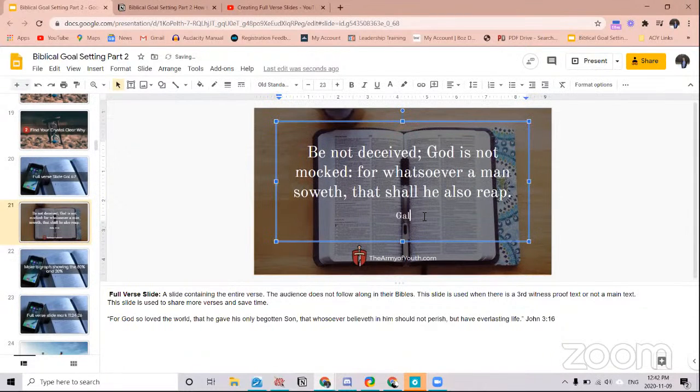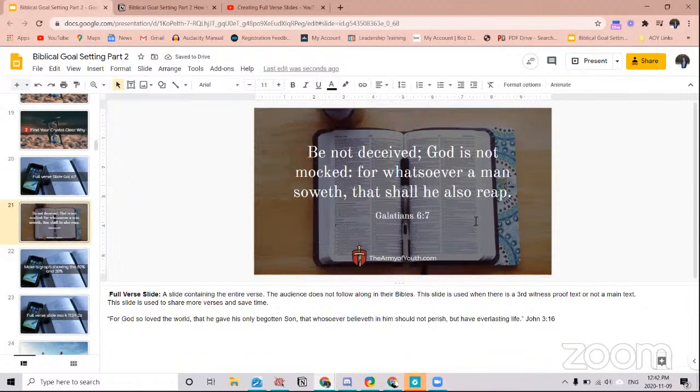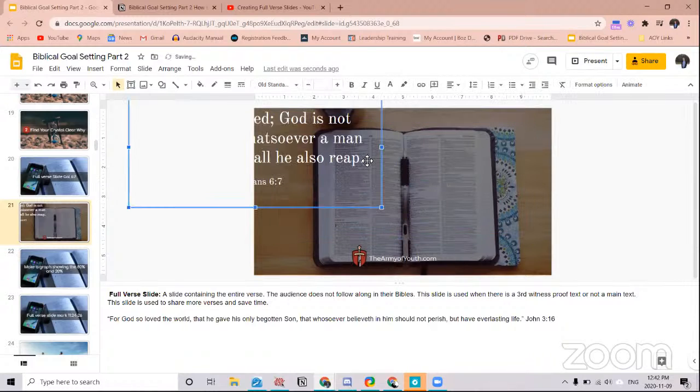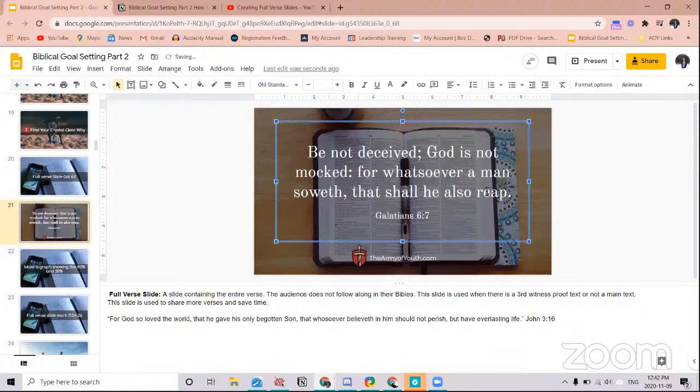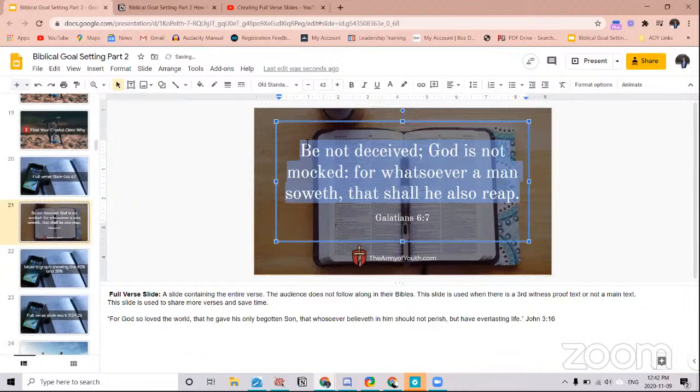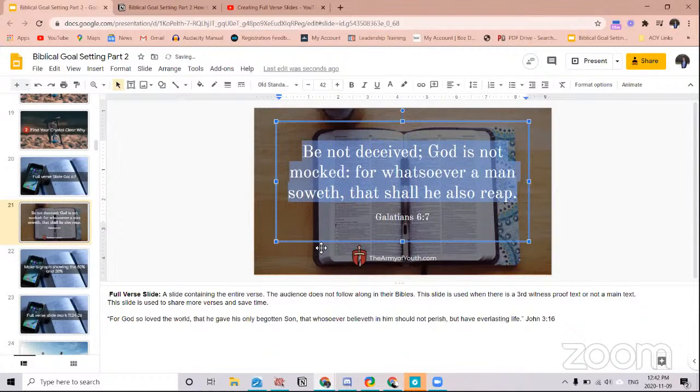Galatians 6 verse 7. It kind of looks odd, so what I would probably do is make the writing bigger by pressing Control Shift and then the greater than sign. Make it a little bigger, but not too big.